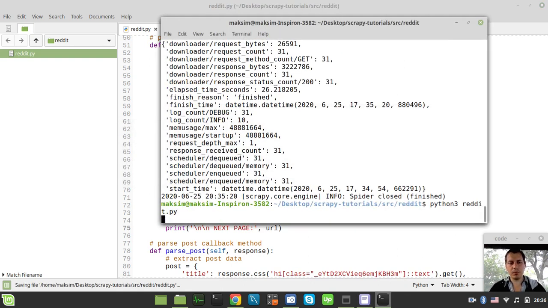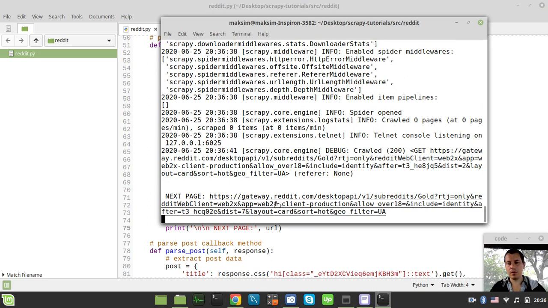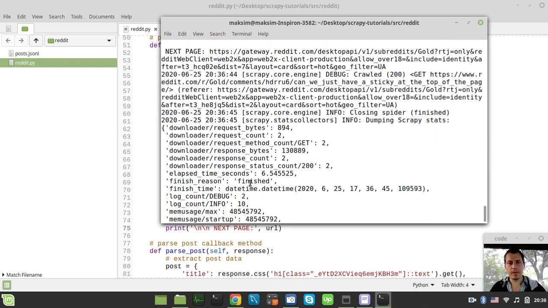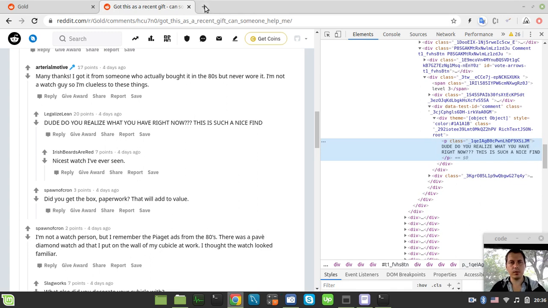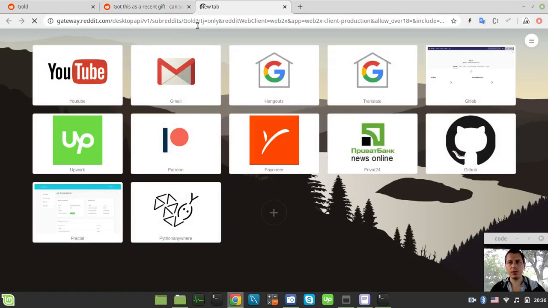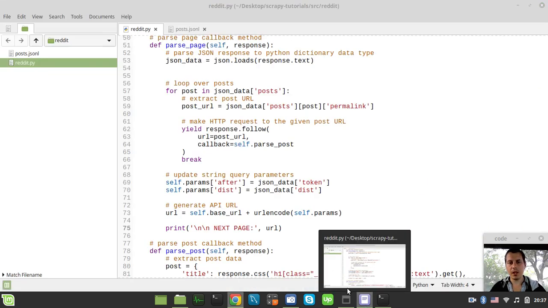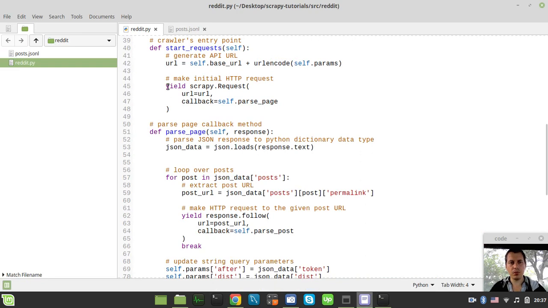I just want to make sure that it is actually crawlable. Okay, so next page here, copy and paste. Okay, seems like it works. And as far as it does actually work,